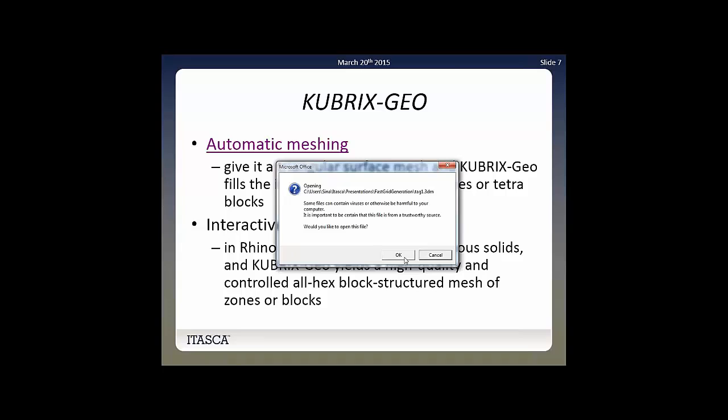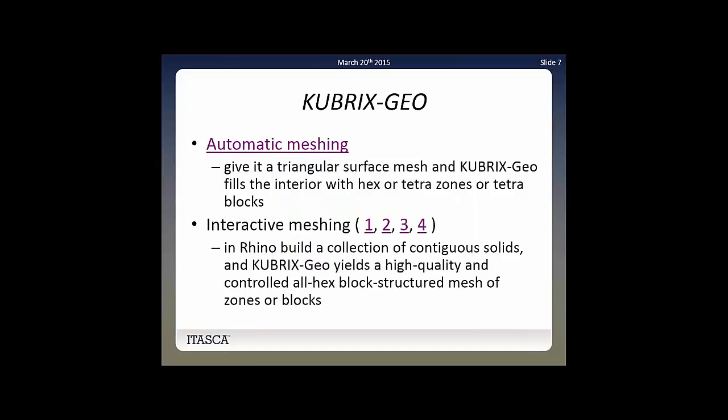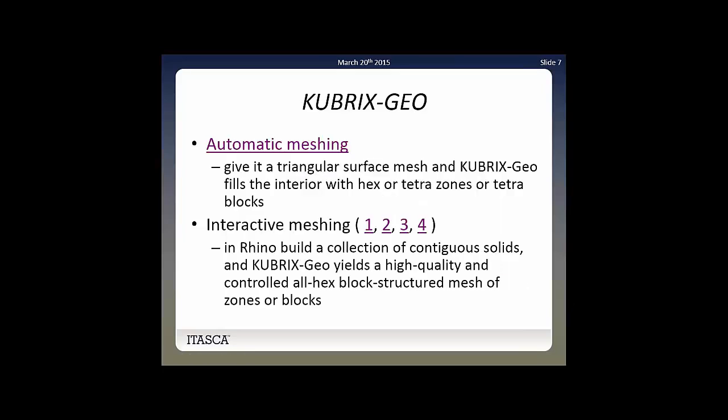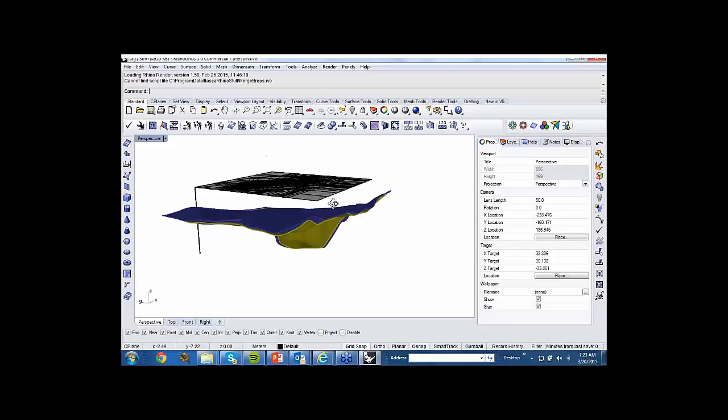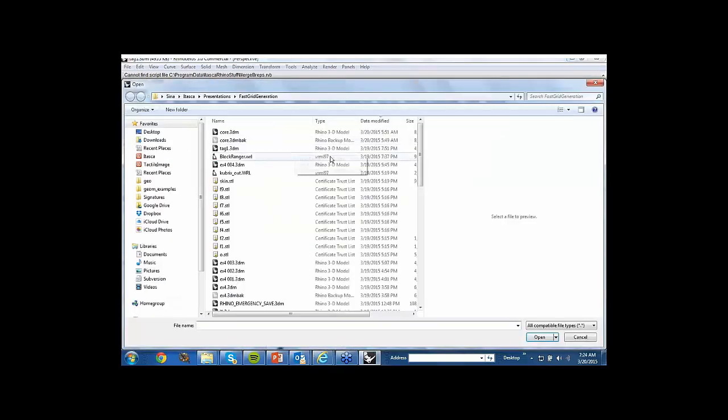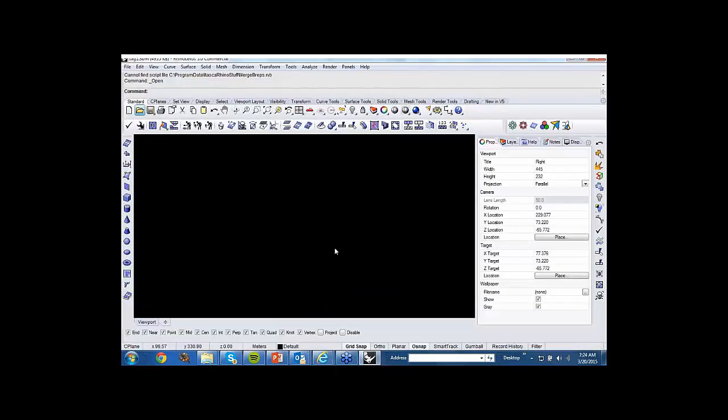The purpose of Block Ranger is to provide a tool that is repeatable and easy to use, where we use the best of what we can do with KUBRIX and the best of what we can do interactively within Rhino. So here I have an example that is very interesting. Maybe it would be best if I showed you, and I'm doing a live example here. I am going to show you a mining example